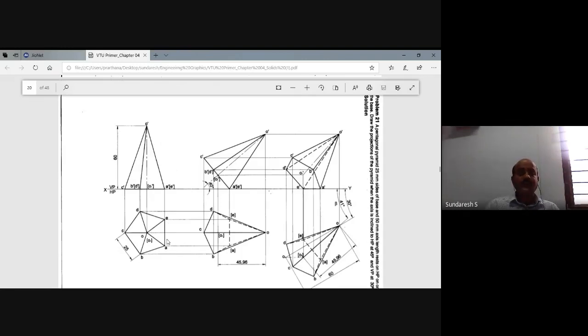The most important thing is that the edge should come to your right. So please make sure that when you are constructing the top view, the edge comes to your right and you complete the initial position. Okay? Next, once you complete the initial position of this solid,